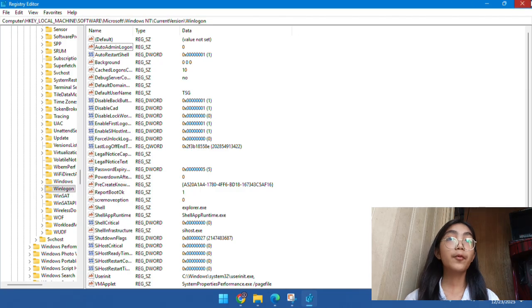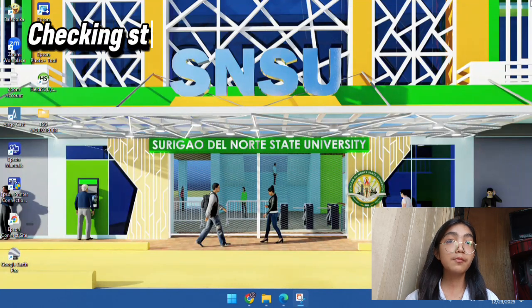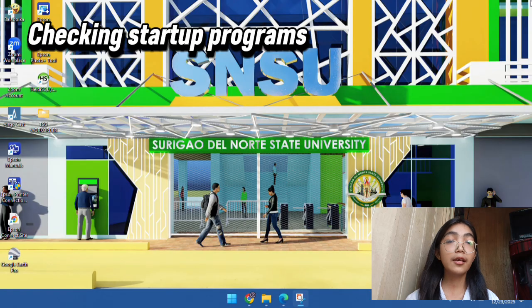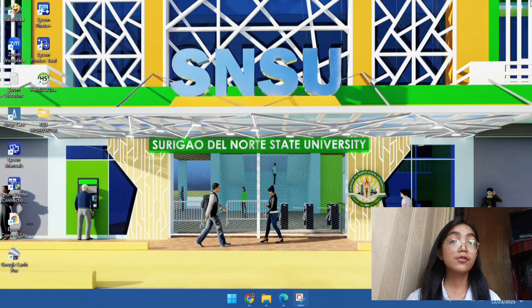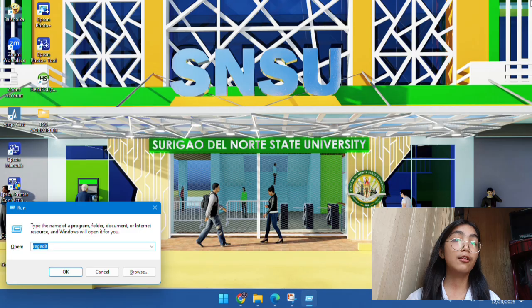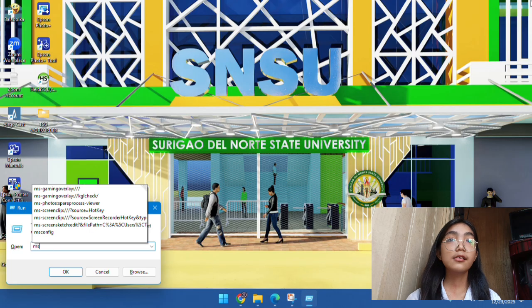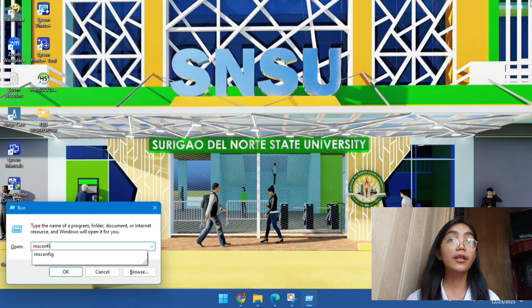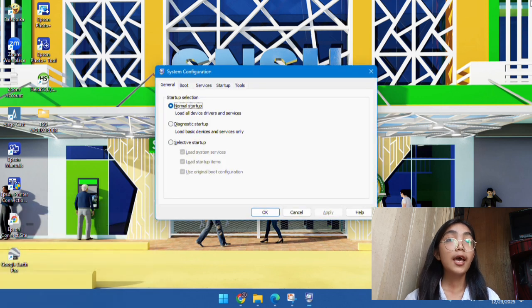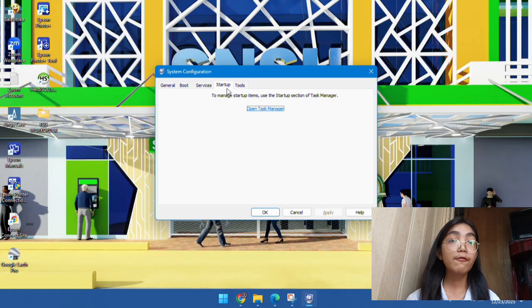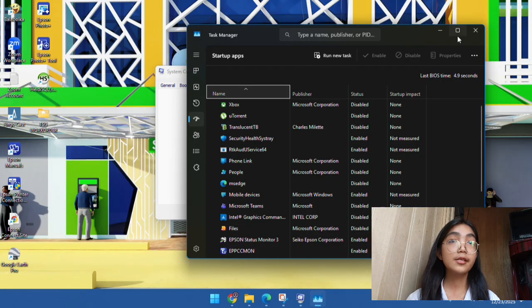It is also important to check startup programs because they are automatically executed when the computer boots, and malware often uses this to run malicious code. To manage startup programs, open the System Configuration window by typing msconfig in the Run dialog box. In the System Configuration console, click the Startup tab and open Task Manager to carefully review the list of programs.